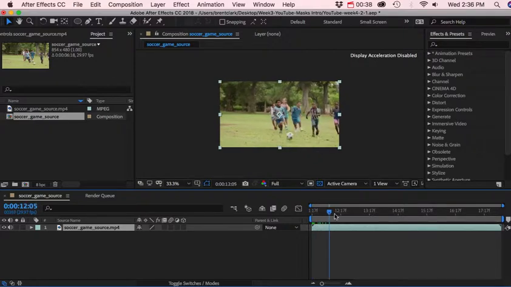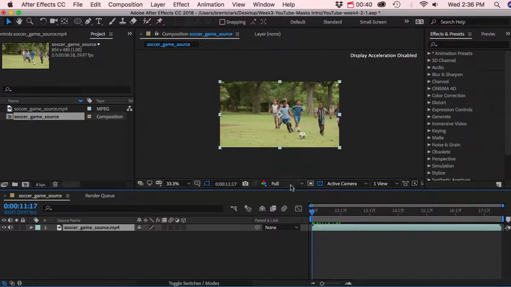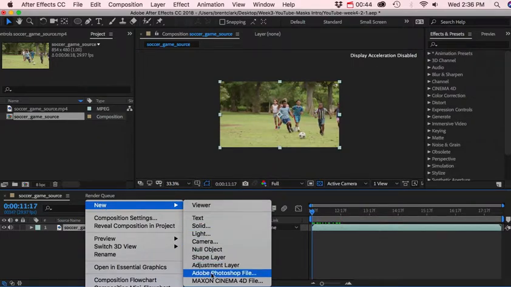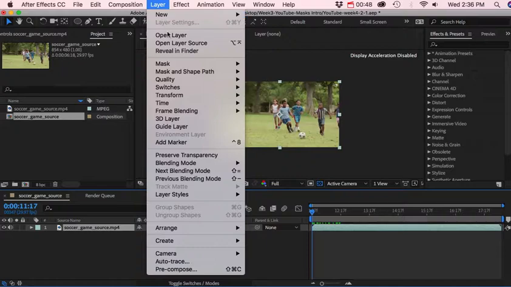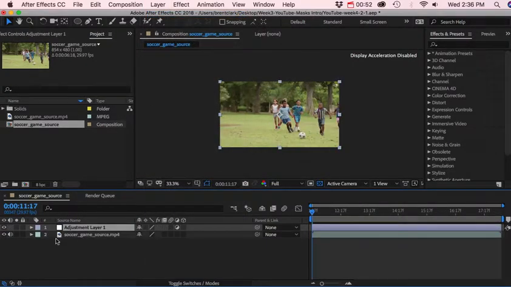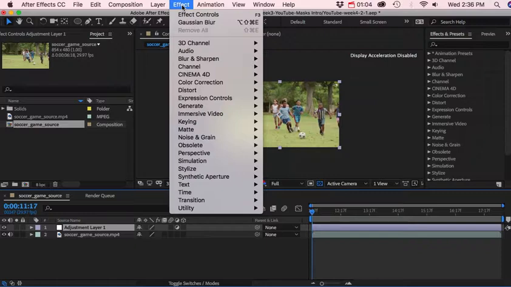And what we're going to do now is we're going to add an adjustment layer. So there's two ways you can do that. You can right click and you do New Adjustment Layer. You can also go up here to Layer, New Adjustment Layer, and this will create an adjustment layer down here. And what we're going to do is we're going to add an effect to it. So let's go ahead and add an effect,